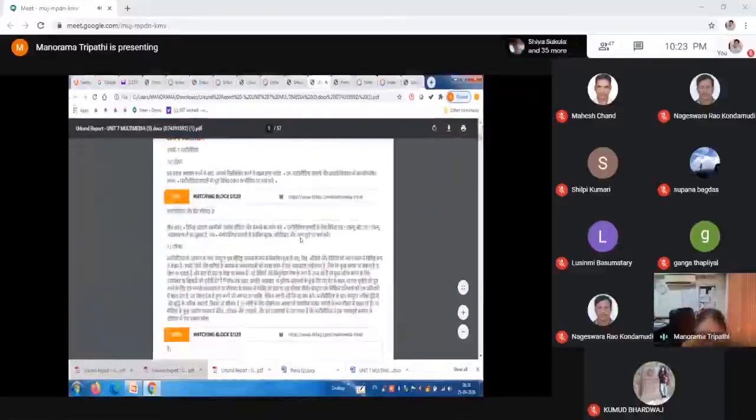I show this report because it is important to underline that the system Urkund facilitates checking of documents written in Hindi as well, because this is a document written in Hindi which I uploaded to check. And it shows with which source it matches. It specifies the URL as well.